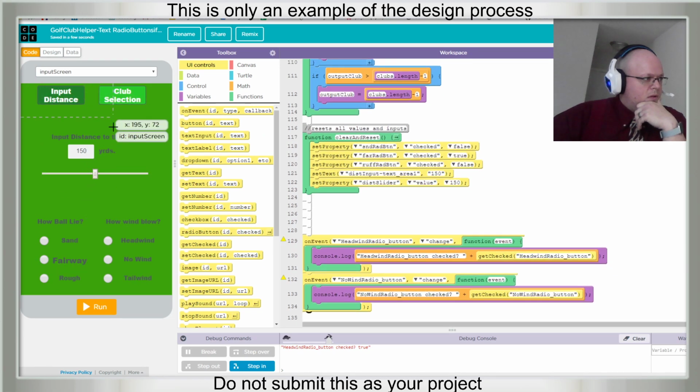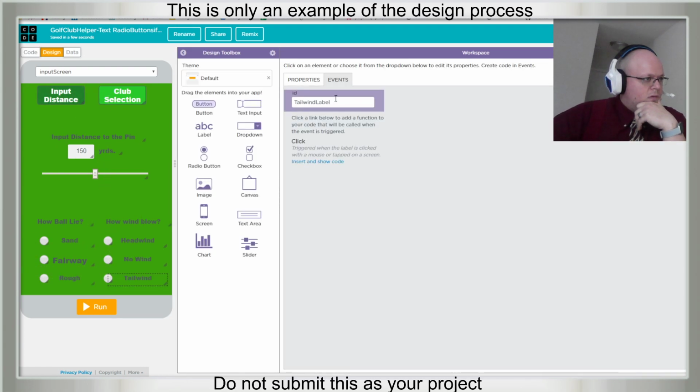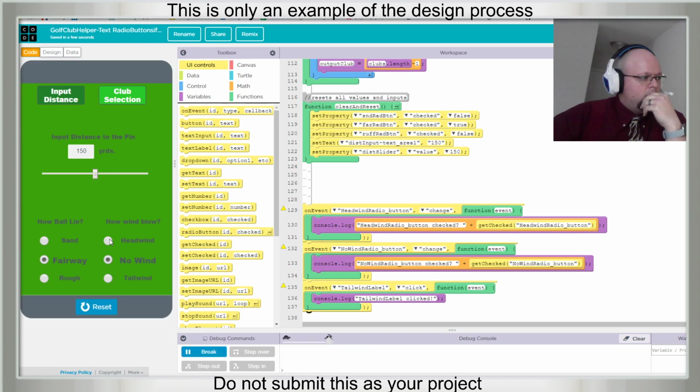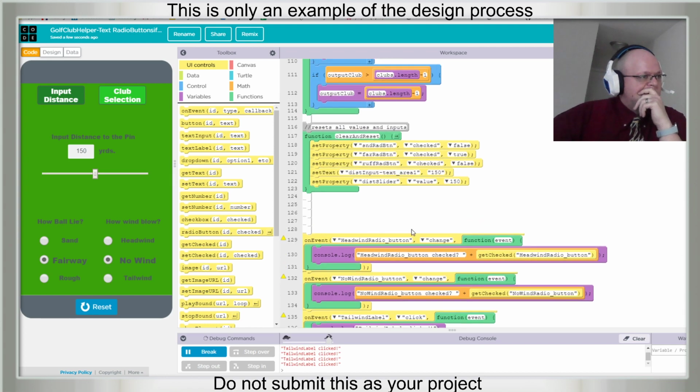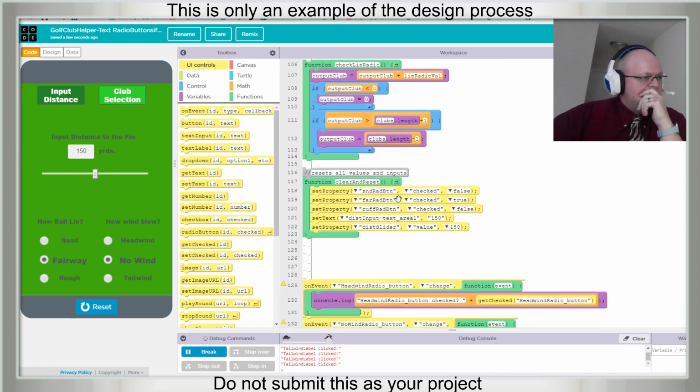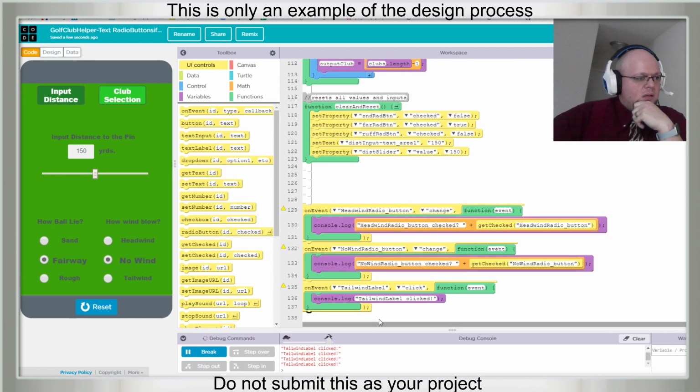And let's go back to here. Let's see what this led. Tailwind. Okay, so run. No, nothing works. Oh, it does what? Tailwind label. But headwind doesn't work. Any guesses, Mr. DeRusi? Hello? I have no guesses.